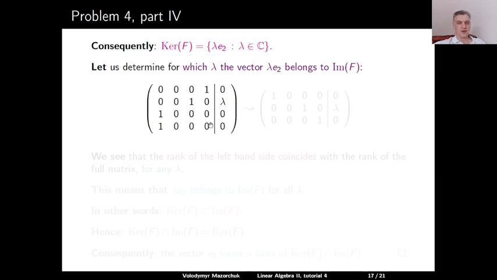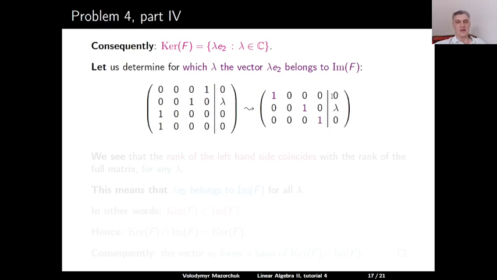So here we have the vertical line. The left-hand side is the matrix of f in the standard basis, and the right-hand side is the vector of coordinates of lambda e2 in the standard basis. And we need to reduce it to a row echelon form using Gauss elimination. Again, we can delete the last row and swap row 1 and row 3, and we get this row echelon